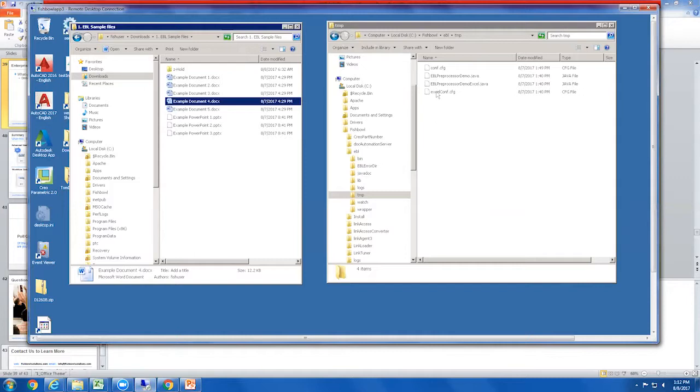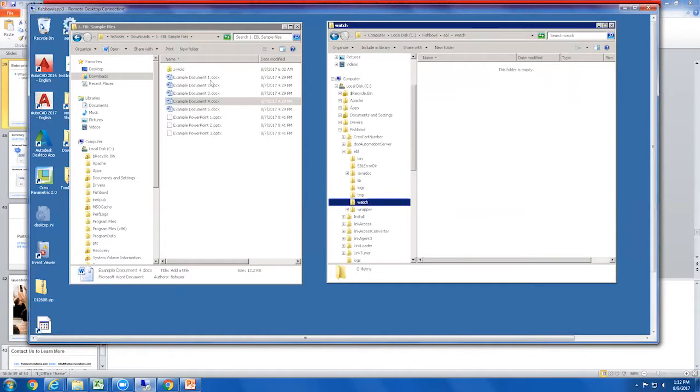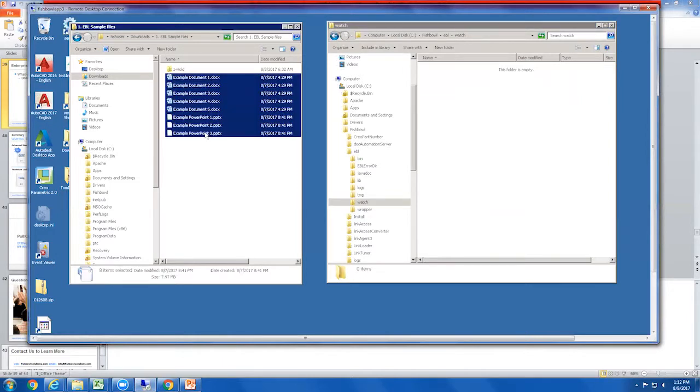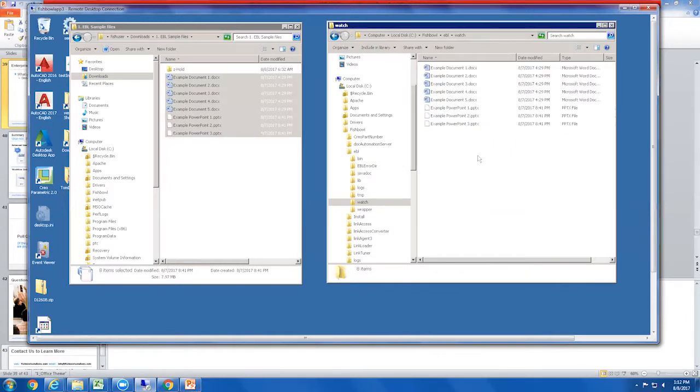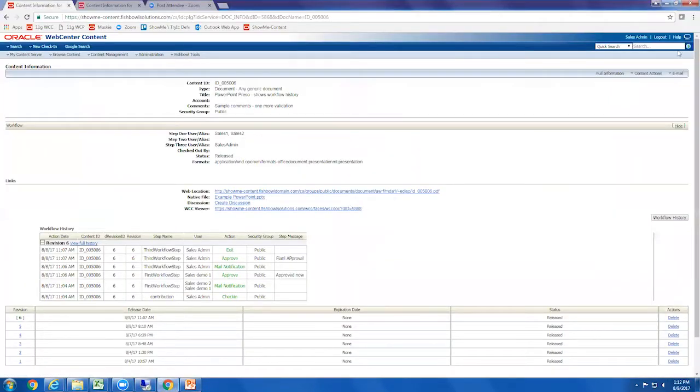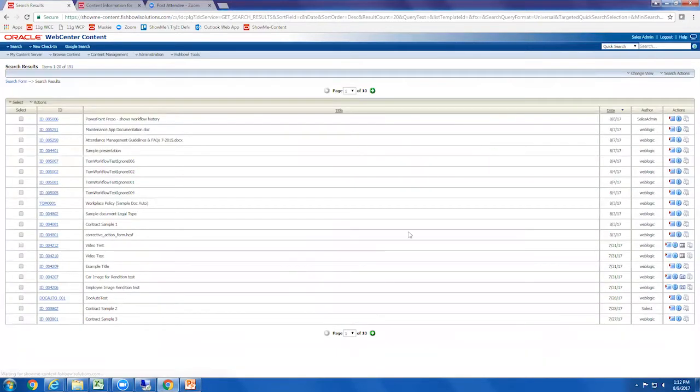I have a basic one set up that will automatically assign metadata as a result of being dropped into this watch folder. So I'm going to take these 8 documents and cut and paste them over into the watch folder. The watch folder in EBL will automatically look for them every 5, 6, 10 seconds and then pick up the documents from the watch folder and start to move them into the process. If they are errored out, they will show up in a designated error file that's part of your configuration environment. And then once you get them into the content server, they can either show up directly, but in this case, I have them showing up